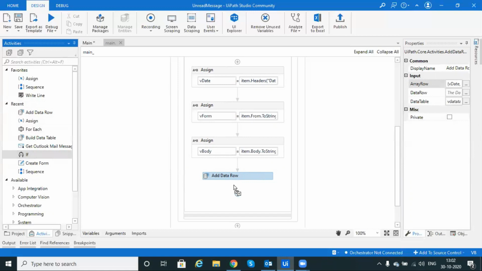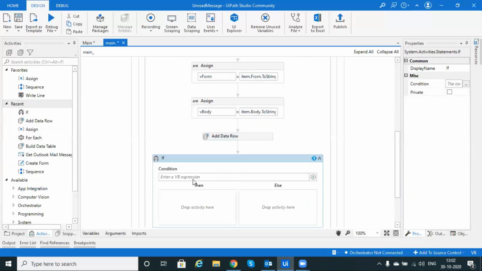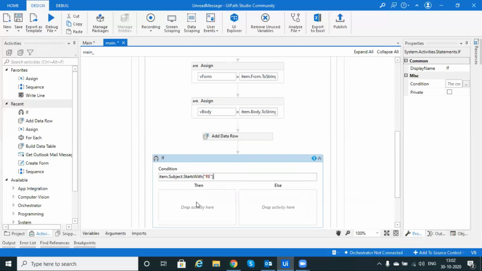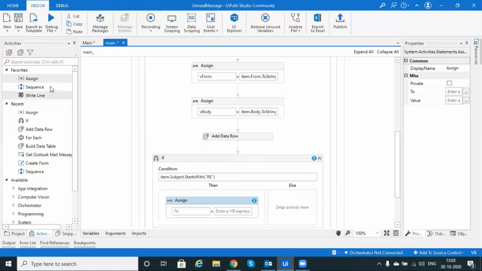So here we will check the condition item.Subject.StartsWith "re", right? And here we will assign like that.